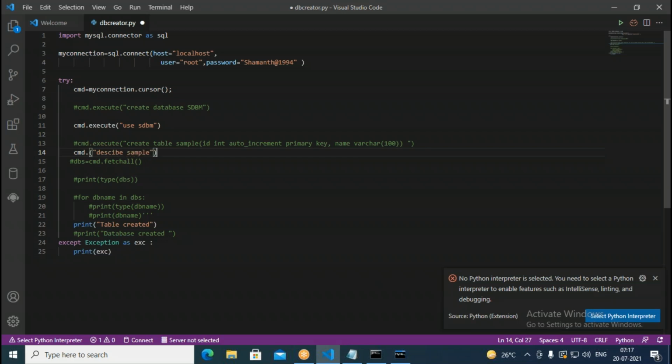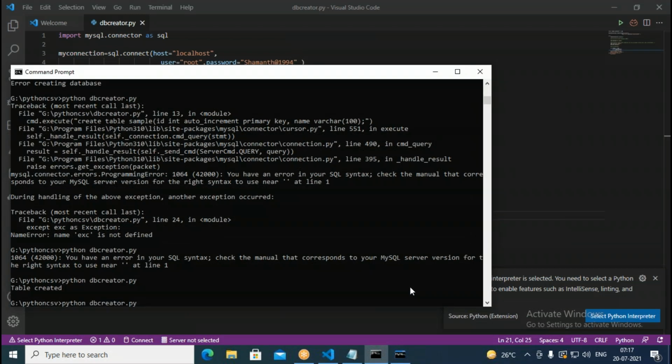So this can describe the table. Next I can fetch all the columns from that, cmd dot fetchall. Then in the for loop I would like to print all column names, one by one. And this has to be commented. I just comment this. Now let us run this particular thing.